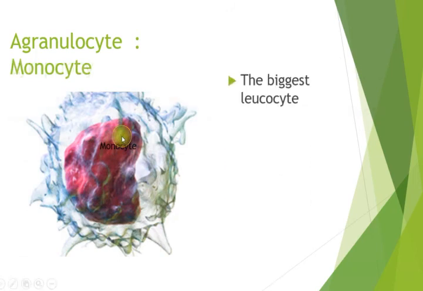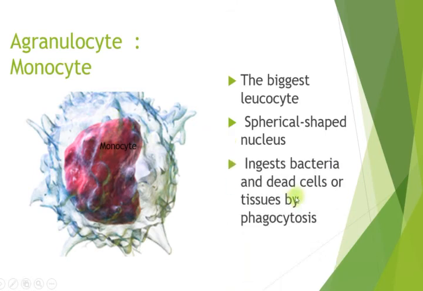Okay, we go to the monocyte, the biggest leukocyte. The biggest leukocyte is the monocyte. It has a spherical shaped nucleus and ingests bacteria and dead cells or tissue by phagocytosis. So the monocyte function is to ingest bacteria by phagocytosis. So the monocyte has the same function as what? As the neutrophil. Ingest bacteria and dead cells by